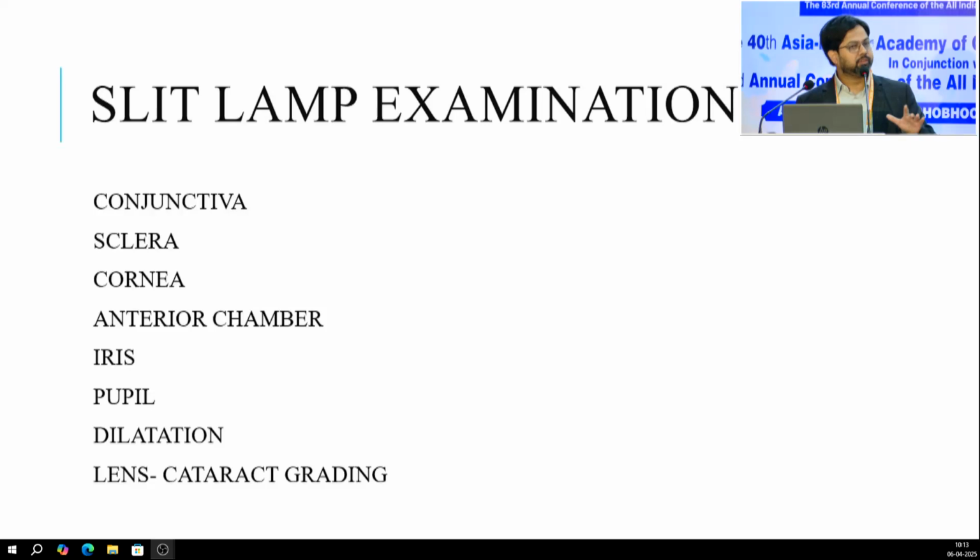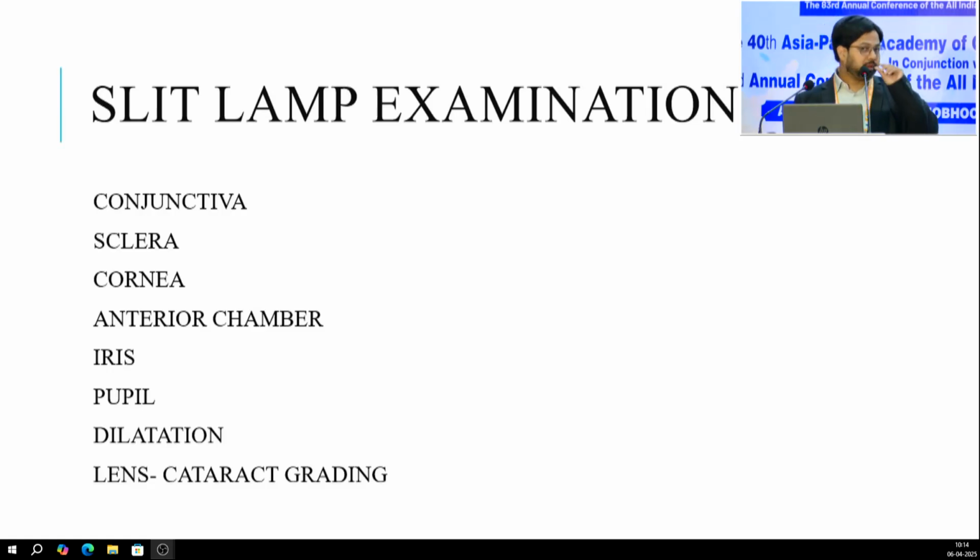Cornea, very important. And corneal examination should be methodical. You should see the size of the cornea, the sheen, the transparency, if possible sensations, and do a specular reflection to assess the health of the endothelium. Do examine the anterior chamber for content, cells, depth, iris for any neovascularization, any pigments, any cysts for that matter,